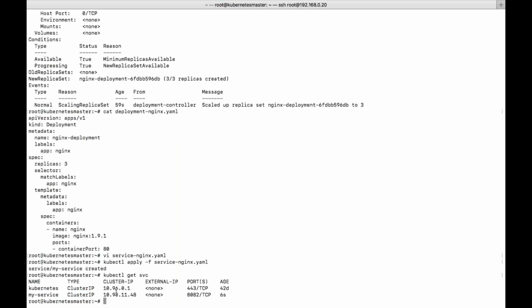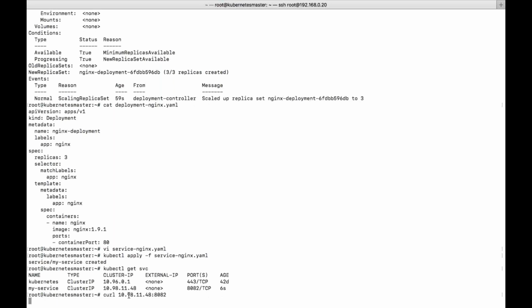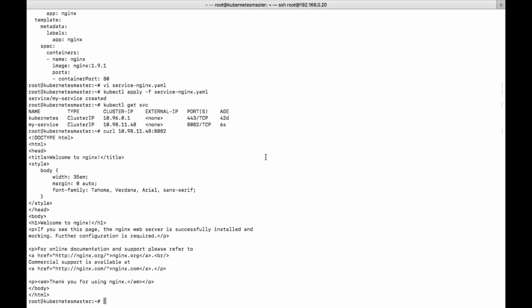This is the range. So let's use curl, and then port number 8082. You can see the Welcome to nginx page. You might be confused, thinking that it might not be the container information of that particular pod. So let's try to modify the application we have used. I'll modify the default application of all the pods.